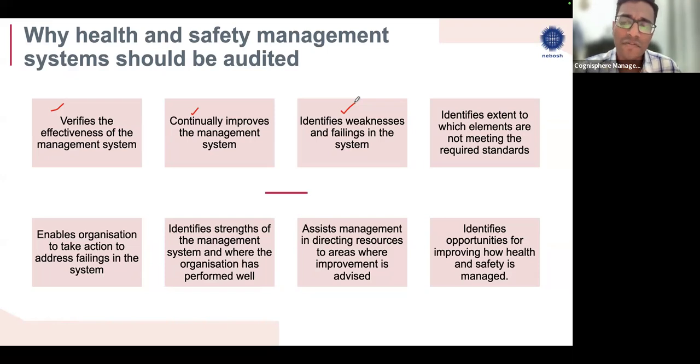So it identifies the weakness and the extent to which elements are not meeting the required standard. So if it is not meeting the required standard, it tells you to what extent it is not meeting the required standard. So is it just that the policies are not reviewed, or is it that the policies are not effectively